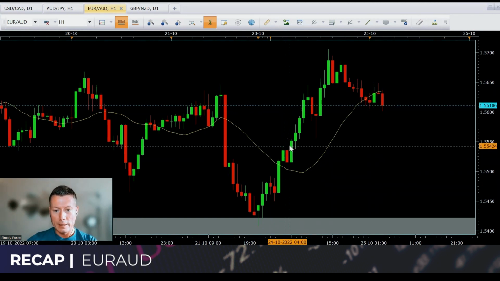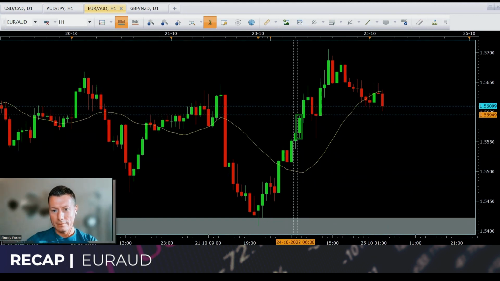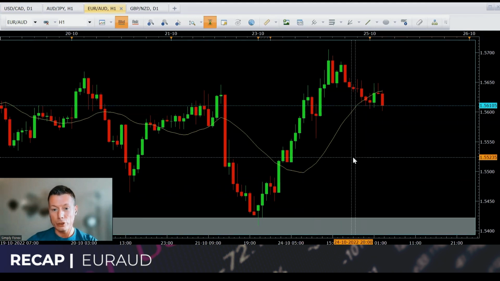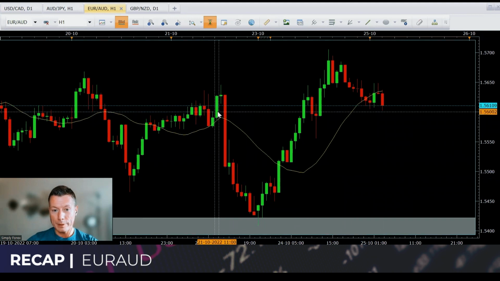Okay. Potentially, I mean, could I have entered on here? No is the answer. Yeah, I mean, if I got up a little bit earlier, could I have entered here? Again, no is the answer, because realistically, I have to put my stop at least below here, this swing H1 low, and then the risk to reward doesn't make sense. So however much I wanted to get in on this trade, I couldn't. But the entry candle would have potentially been this.